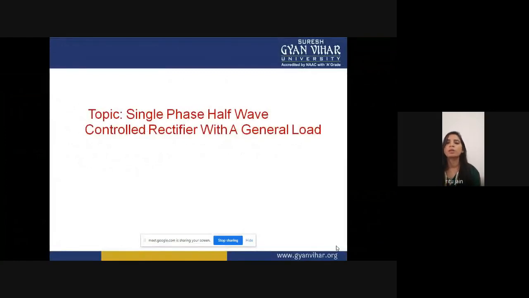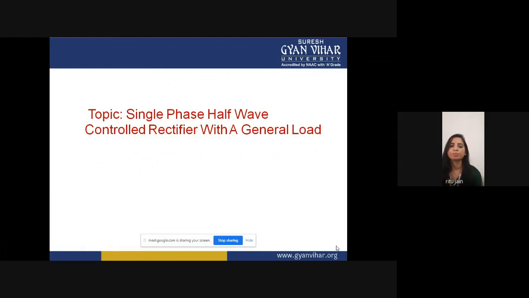Good morning, all. Today's topic is single phase half wave controlled rectifier with a general load. So, in this lecture, we are going to discuss the single phase half wave controlled rectifier. In previous lectures, we have already discussed the single phase half wave controlled rectifier and what is the difference